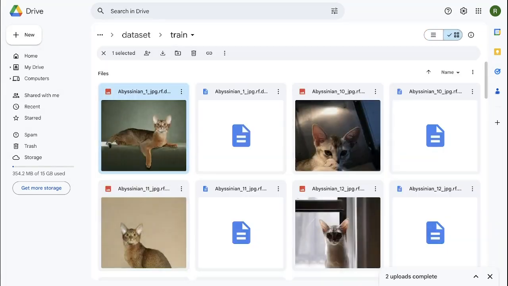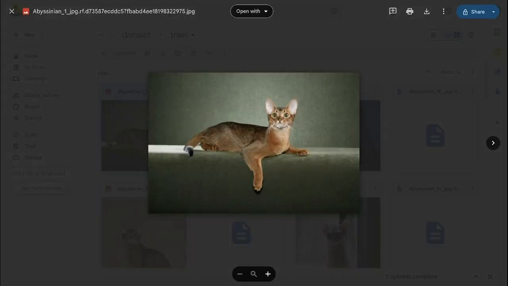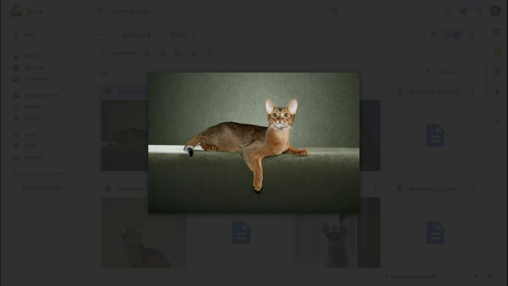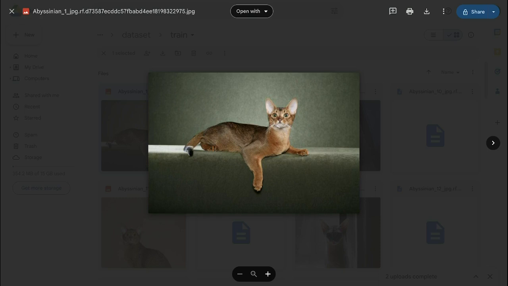So let me open the first image. As you can see, this image is of a cat. Now, all the information about this image, or we can say this object, because in this image we have a single object and that is a cat. We don't have any other object here. So this is a single object of a cat, and the information about this object will be stored in its corresponding